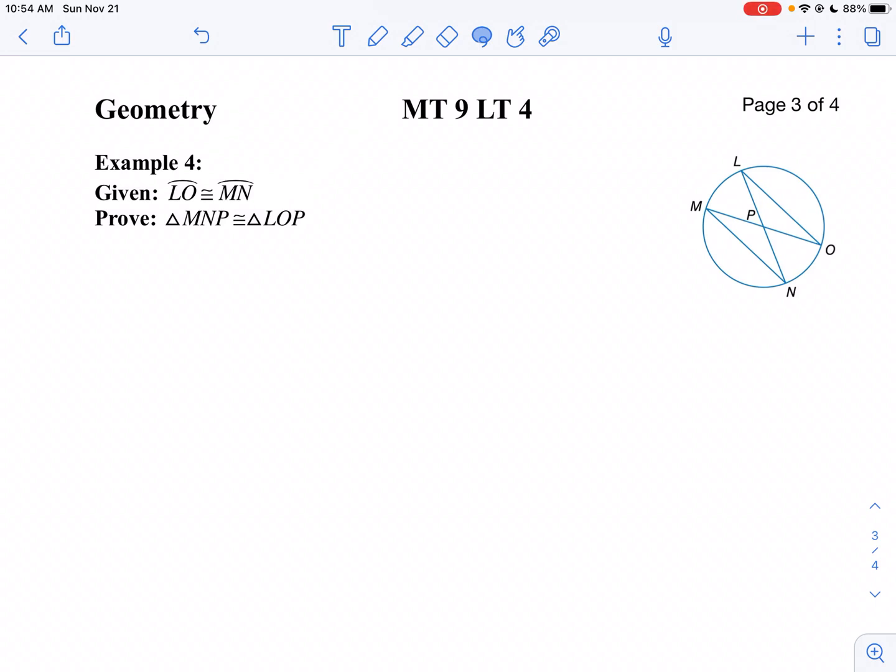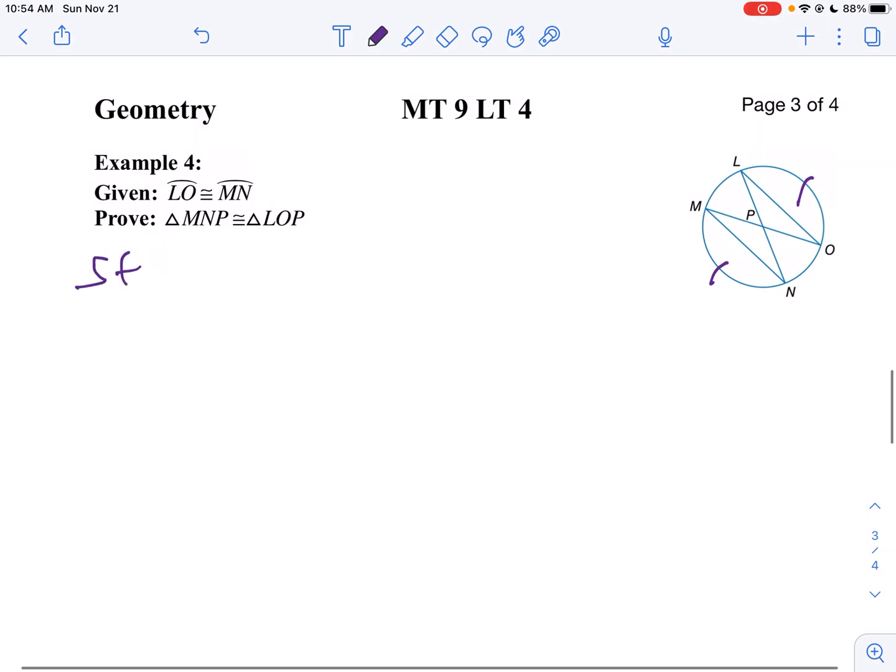Here we have a proof that we're supposed to do. We're given the fact that arc LO is congruent to arc MN. I want to prove the triangles are congruent. So I think I'll do this as the two-column proof. So we'll start here with statement,